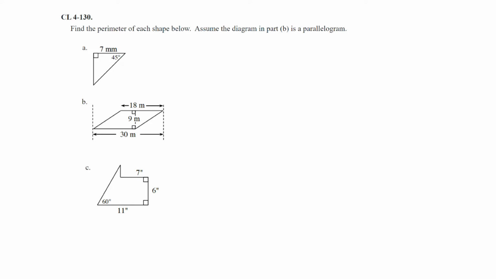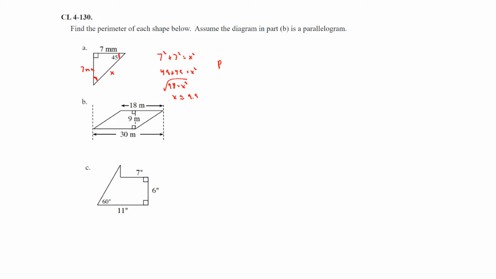So since this is 45 degrees, that means this side over here is 45, and that is 7 millimeters as well. They would have to be the same. So then we can use Pythagorean theorem. 7 squared plus 7 squared, let's call this x, is equal to x squared. 49 plus 49 is 98, and then you can take the square root of 98, and that would be approximately